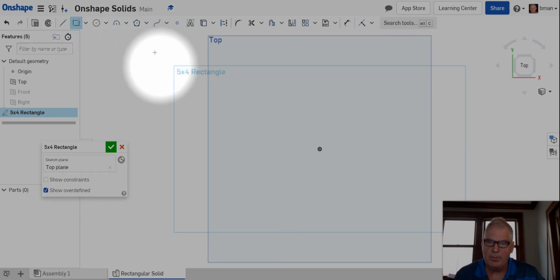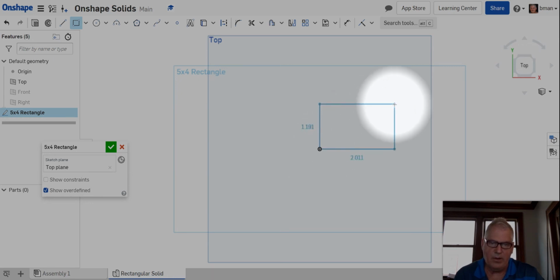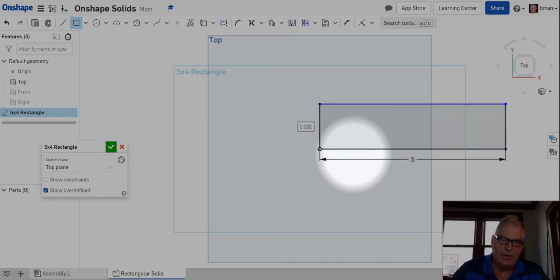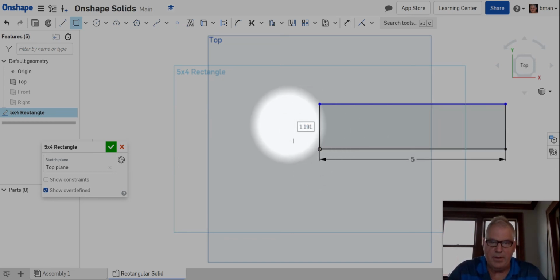You'll also notice that once I pull it into the plane, it turns into crosshairs, and that's where you're going to start your drawing. So I'm going to hover over my center point, which is my origin. I'm going to left click and drag and let go. Remember, our dimensions are going to be 5x4. So as you can see, this 2.011 inch dimension has a box around it. All we need to do is type 5 in there and hit return. Once we hit return, the dimension box for the other dimension highlights, and we can just type a 4 there